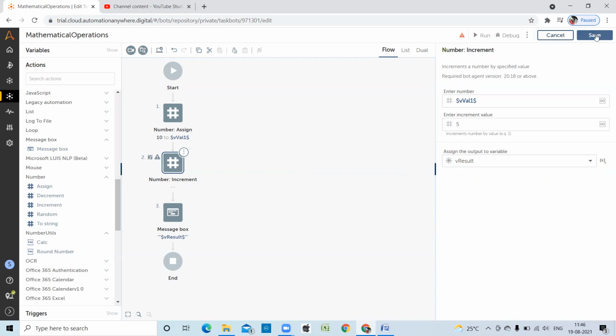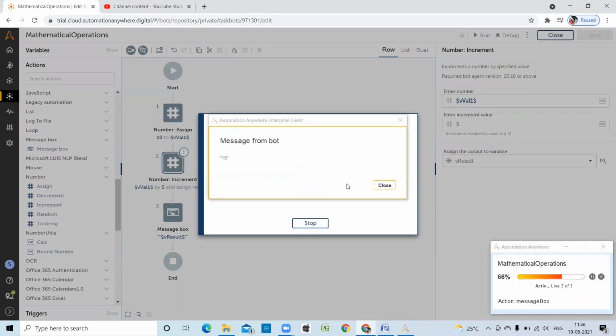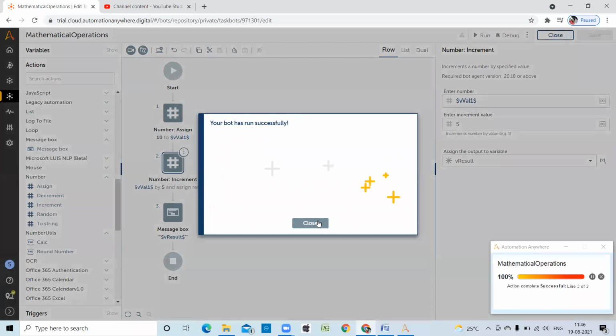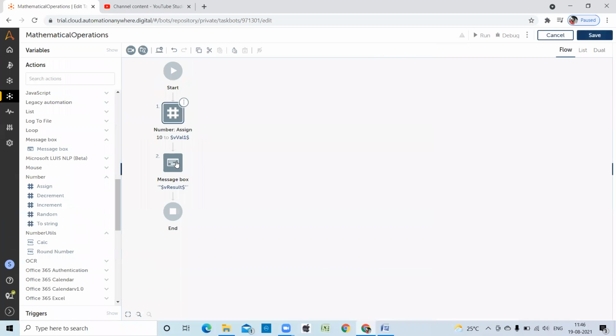Result, save, run. So 10, I'm incrementing by 5. So we got the result as 15. So this is the increment.